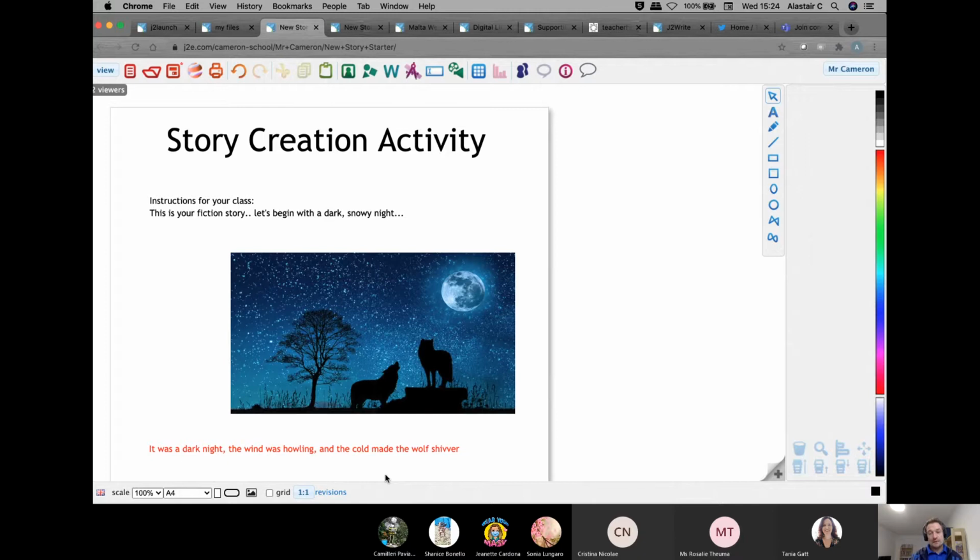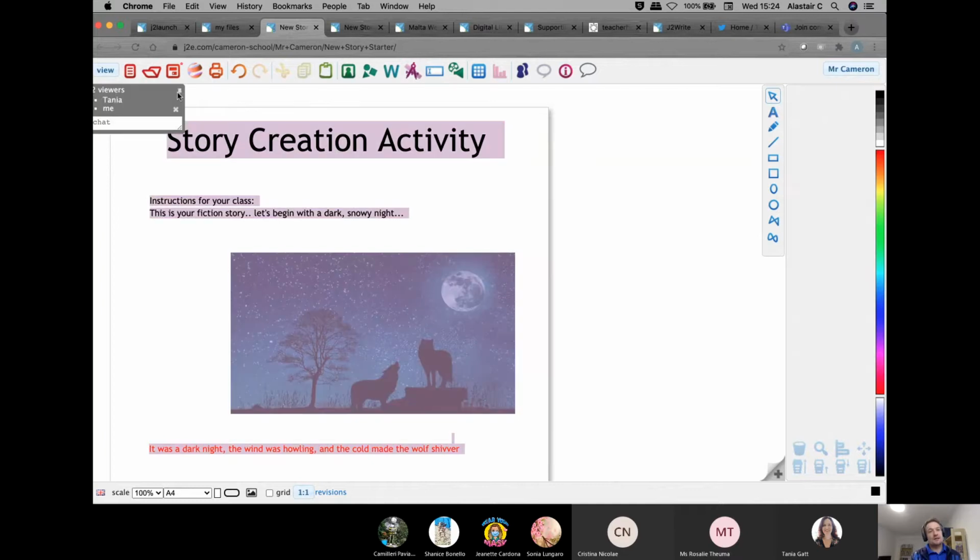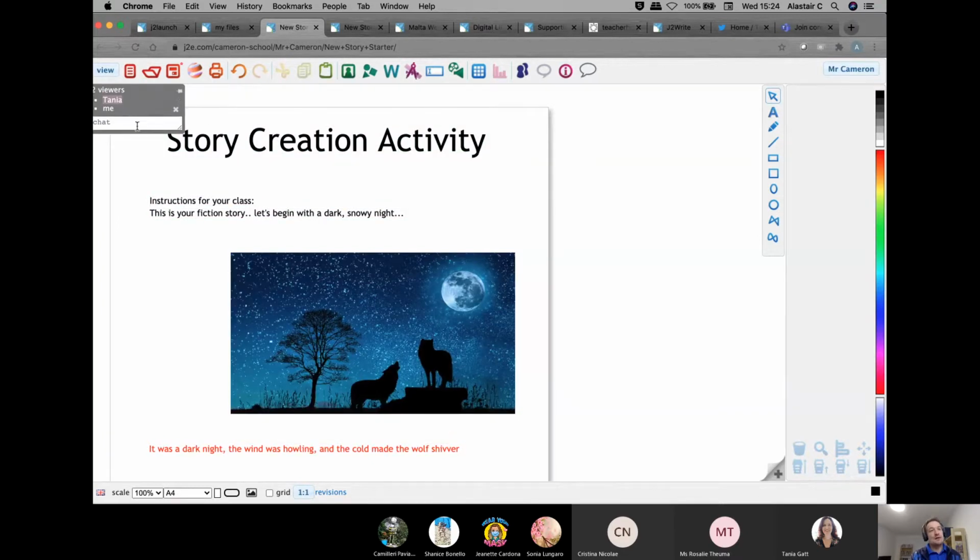That in itself is a really easy function to do. And whilst the teacher is in there as well, you'll be able to see, now I've got this feature switched on here. That means that I could just have that pinned to the page, so I can have that open all the time. And that there is also a collaborative chat box here, meaning that